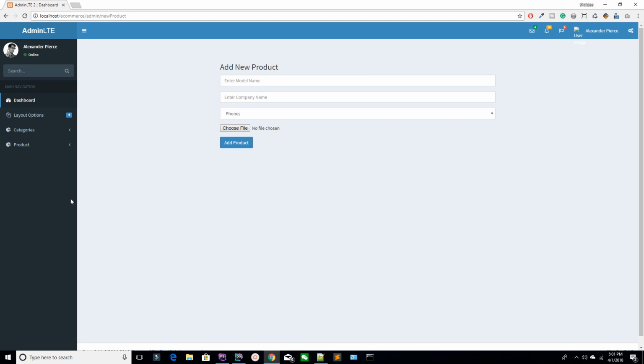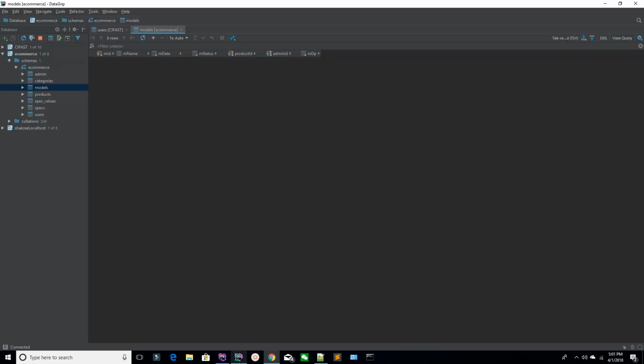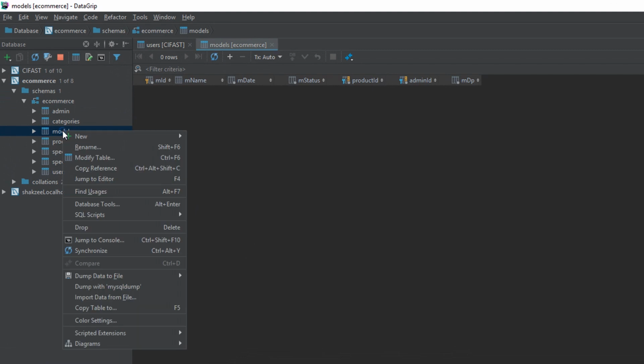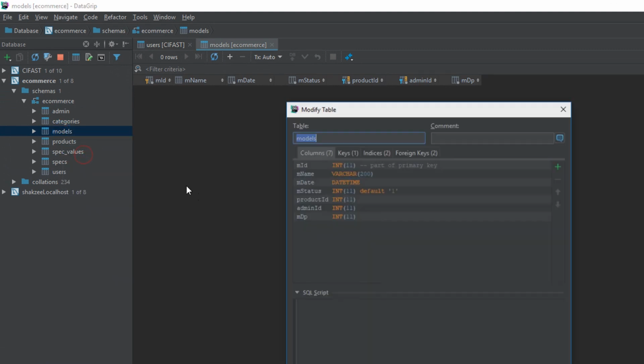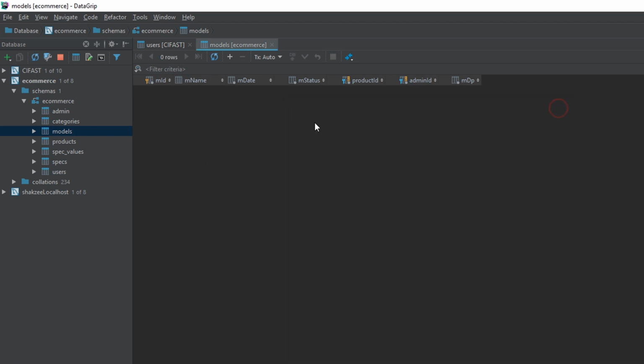So first of all, you need to create another section which is model, but before creating the model you have to review the model table. You can see we have a model table. What you need to add: the model name, first of all, model date, model status. Make sure the product ID, and the admin and the model DP. Okay, so